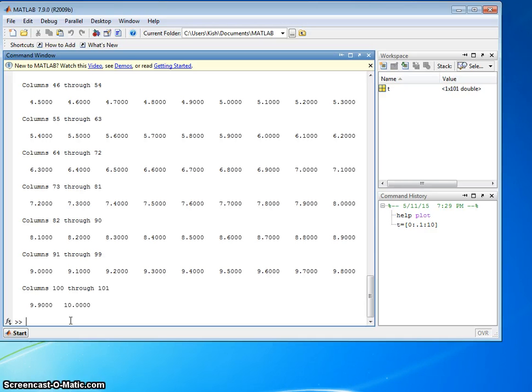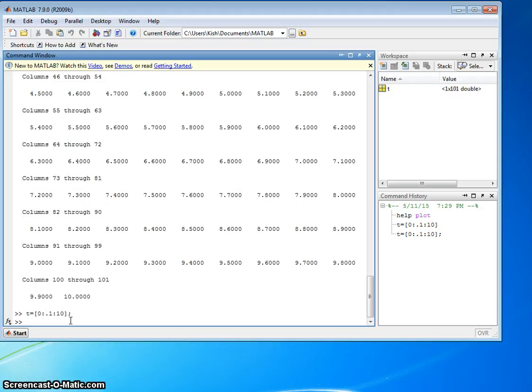If I don't want to see that, I can hit the up arrow, and that gives me the command I just typed. I can use a semicolon at the end, and that way it won't show the whole vector. Now I need to build the theta function. So let's call it theta equals exp, the e to the x function, minus 1.02 times my time